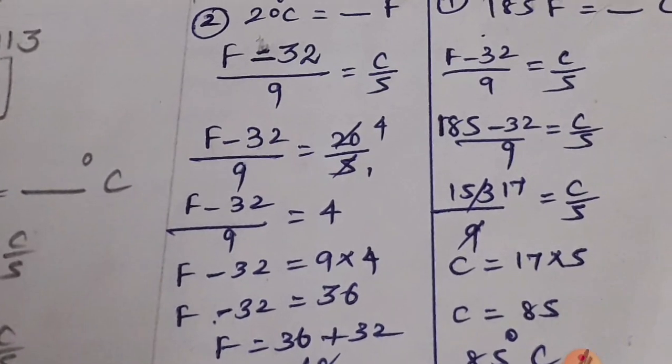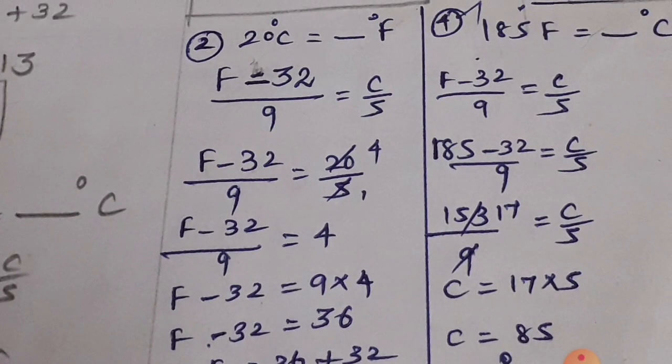And see this question, children. This is your second question, children. 20 degree Celsius is equal to dash degree Fahrenheit. All the answers are mingled, so children have to find out and write the answers in order. First you have to write 1, 2, 3. You have to write order-wise, children. Okay, please. And see the 20 degree Celsius to dash degree Fahrenheit. This is your question. So first write the formula. F minus 32 divided by 9 is equal to C by 5. So F minus 32 divided by 9, you have to write the same, is equal to C. See how much is given here, children.